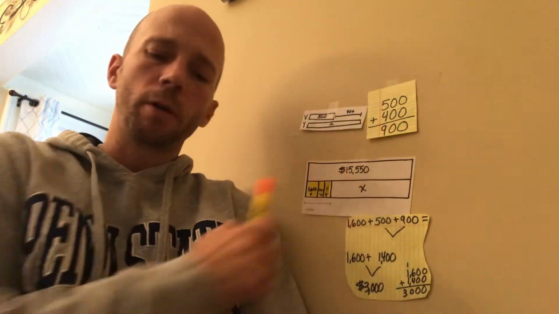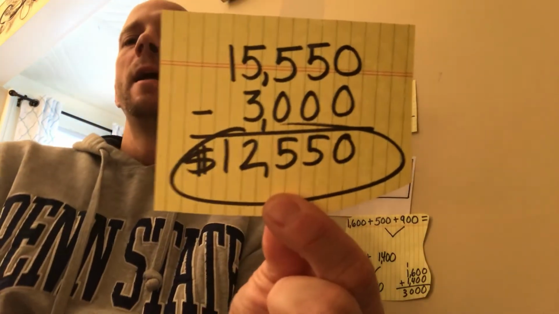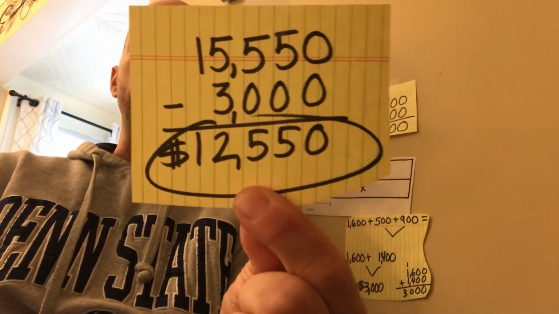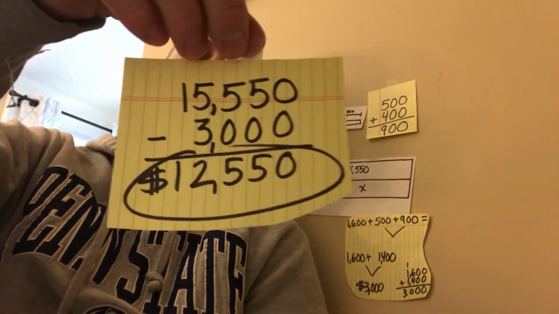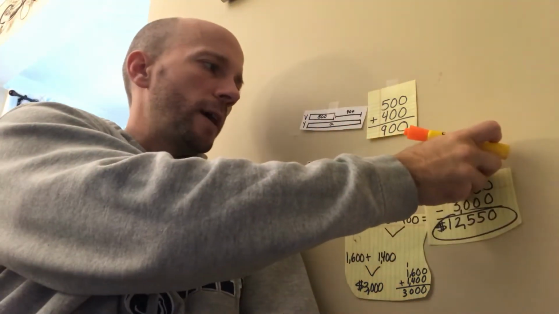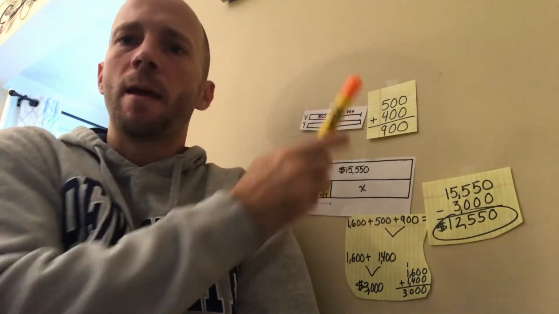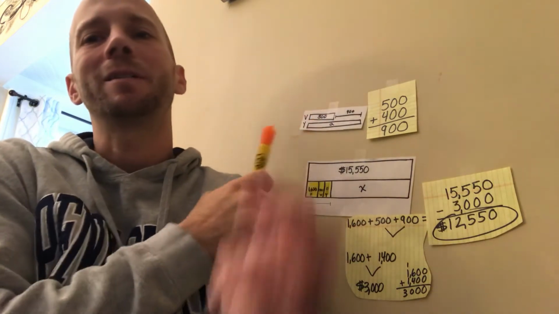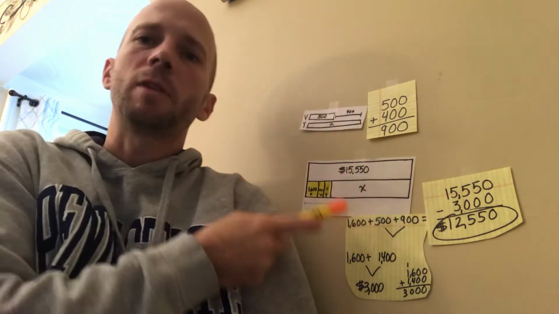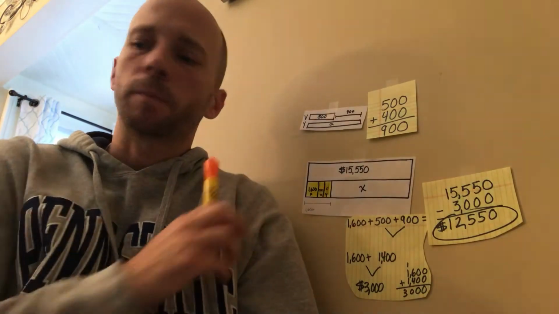So we're gonna finish it off by taking away from our total, which is $15,550. And we're gonna take away 3 grand from it. You can almost do that with mental math because there's a lot of zeros. Giving our final answer, the rest of the class has $12,550. Okay, so see what you did, see what you have right. Again, this is 1, then we had 2, then we had 3. So this is 3 steps, and we use 2 tapes for those, okay?